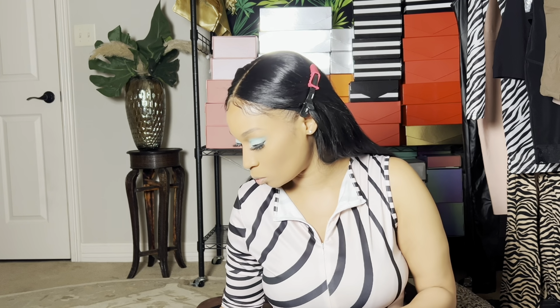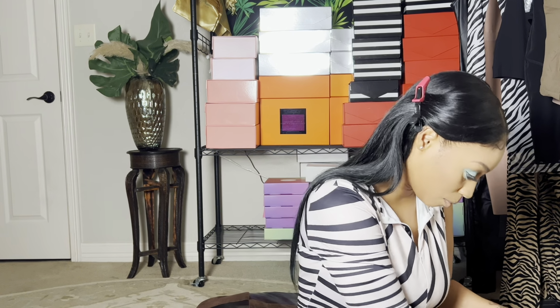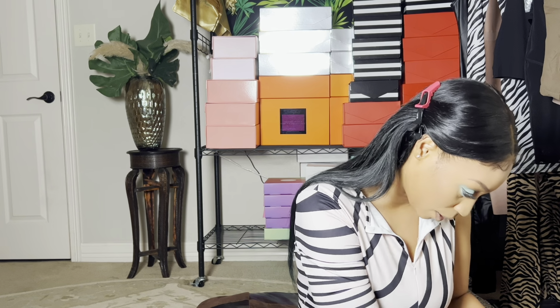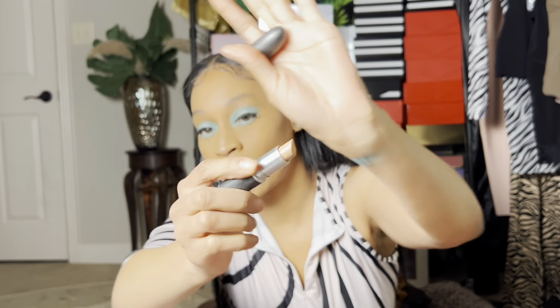afterwards. Now for her lips, it did look like she had on a nude color lipstick, and I'm gonna see if I can find this MAC tropical one that I had. This is Give In. This is more of a pink. That's not what I'm looking for. I'm looking for more of a nude color, because that's what it looked like she had on her lips. So yeah, this is it right here. So I'm gonna go in with this MAC nude lip color right here,